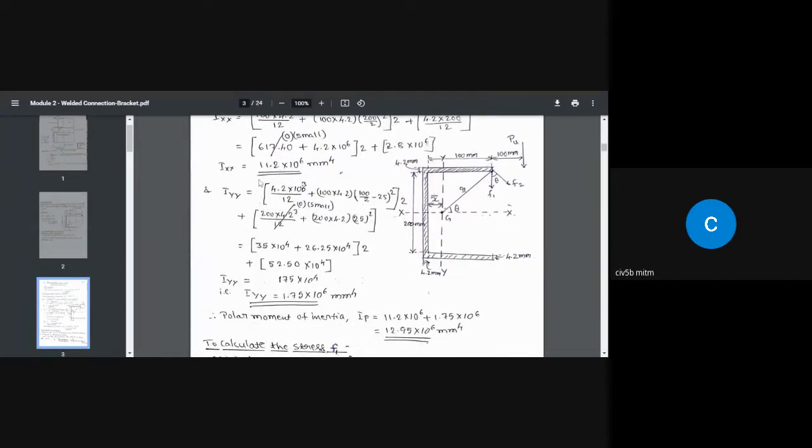Similarly, the Iy value is given by the moment of inertia of the whole area about this axis, given by,